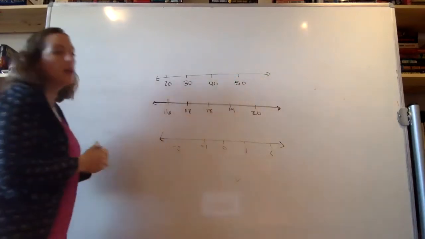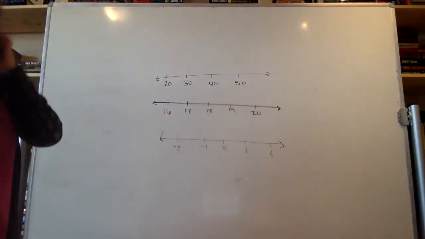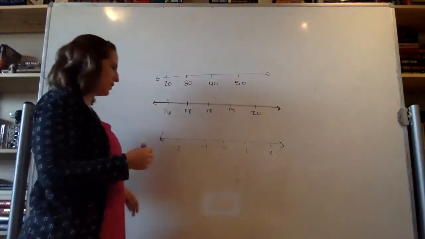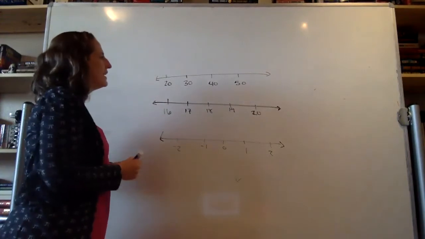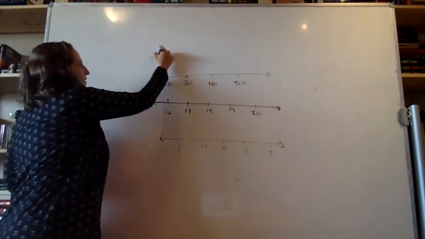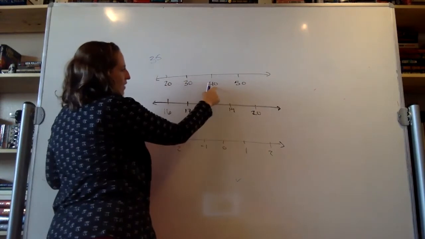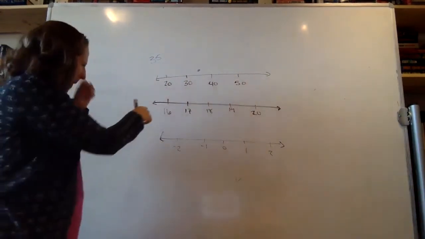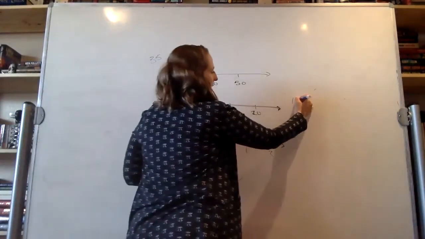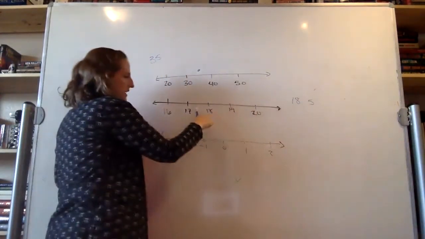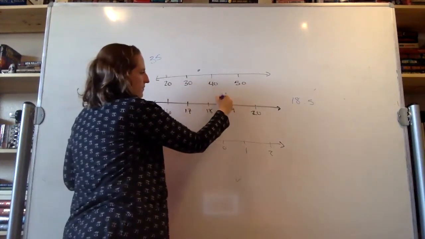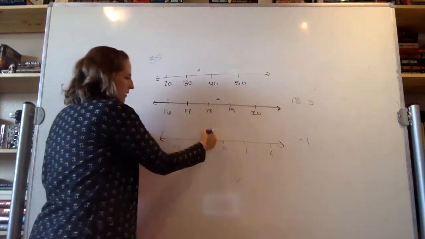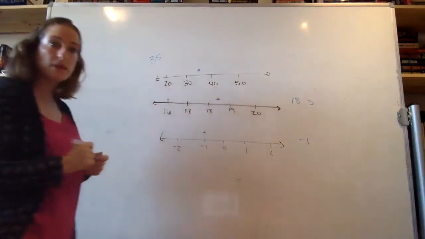50, okay? But the nice thing about a number line is it lets us place numbers. It gives us a way of conceptualizing numbers visually. So for example, on this top number line, if I wanted to show the number 35, well, 35 is halfway between 30 and 40, so there'd be the number 35. Here, if I wanted to show, say, 18.5, well, 18.5 would be halfway between 18 and 19, so there's 18.5. And here, if I wanted to show the number -1, I just place a dot right on top of -1,